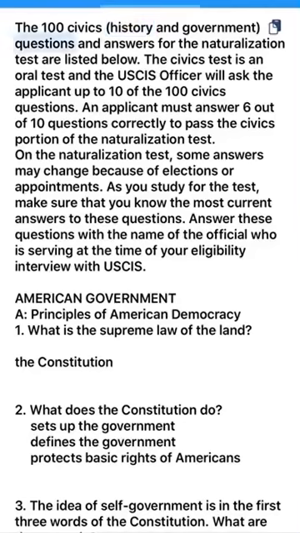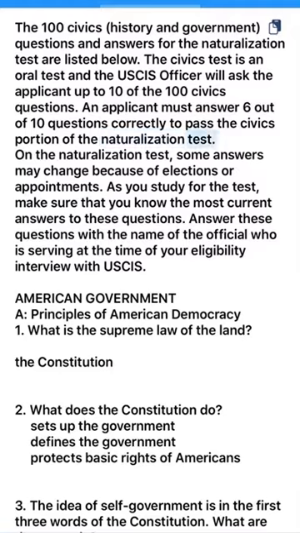Civics history and government questions and answers for the naturalization test are listed below. The civics test is an oral test and the USCIS officer will ask the applicant up to 10 of the 100 civics questions. An applicant must answer 6 out of 10 questions correctly to pass the civics portion of the